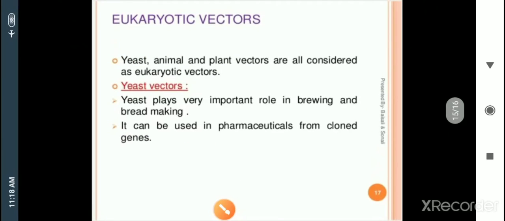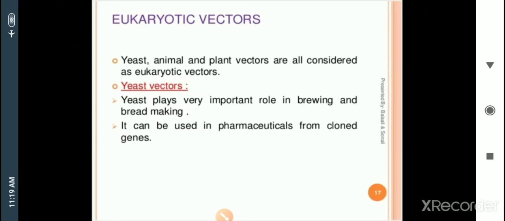So till now we have discussed the different types of prokaryotic vectors, such as plasmids, phagemids, phasmids and cosmids. These are the different types of bacteriophage vectors we can see in prokaryotes. And then in the eukaryotes, how can vectors be extracted, and what types of vectors are present in eukaryotic individuals?